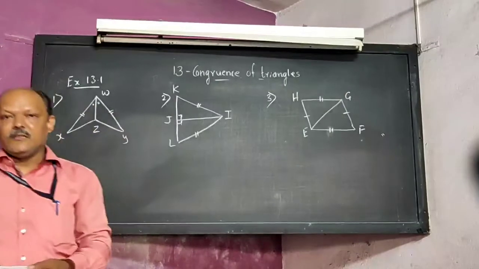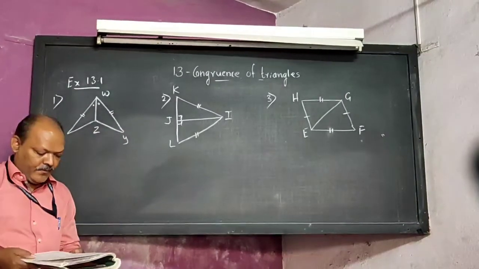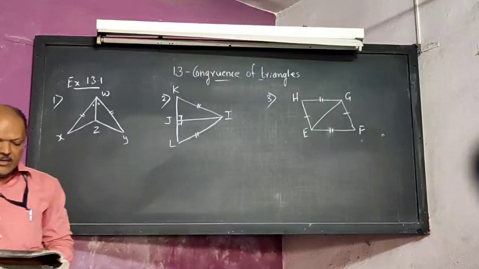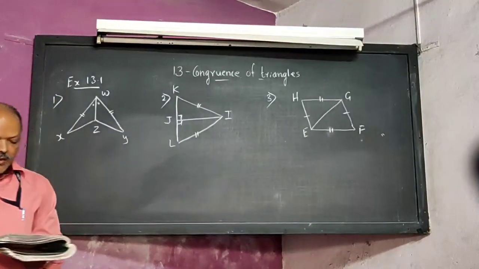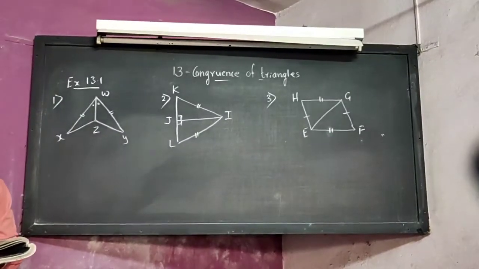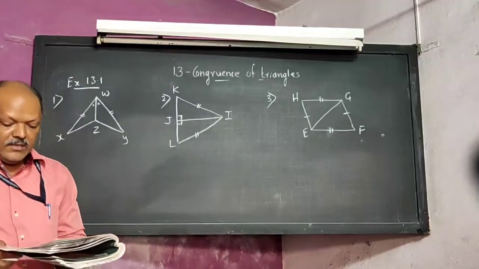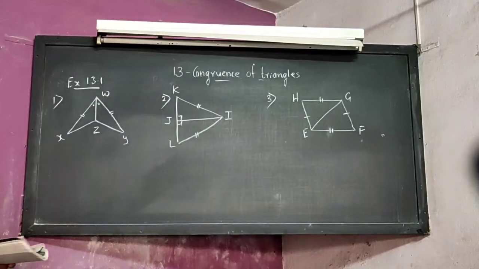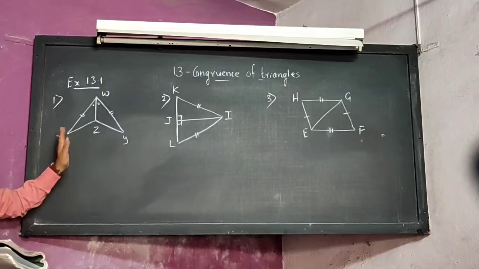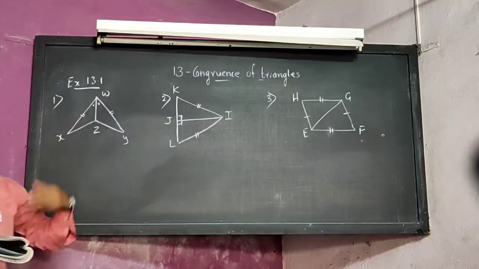Okay students, we will start with exercise 13.1. Question number 1. In each pair of triangles in the following figure, parts bearing identical marks are congruent. State the test and the correspondence of vertices by which triangles in each pair are congruent. We have to write the triangle congruence and the test, and we also have to write the correspondence